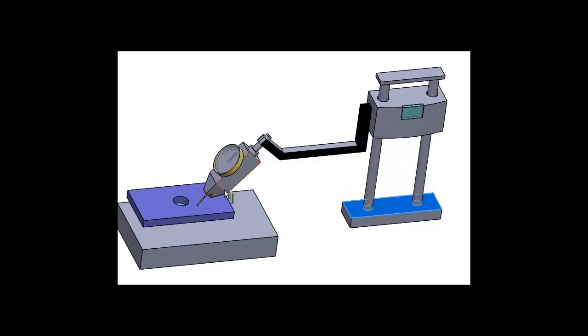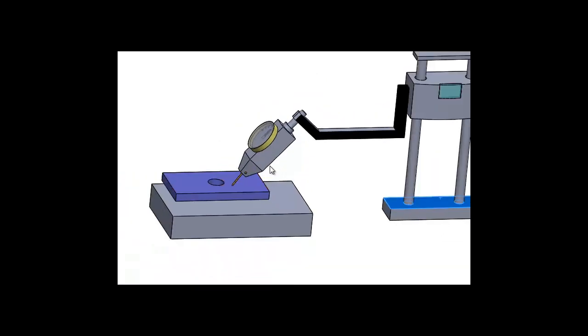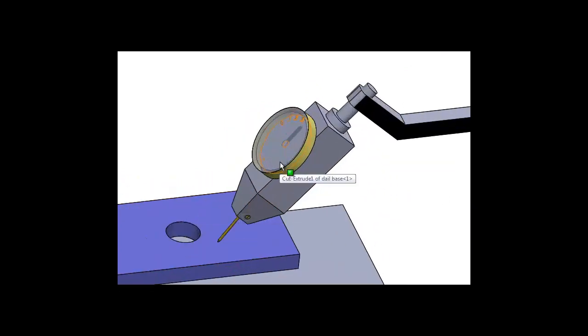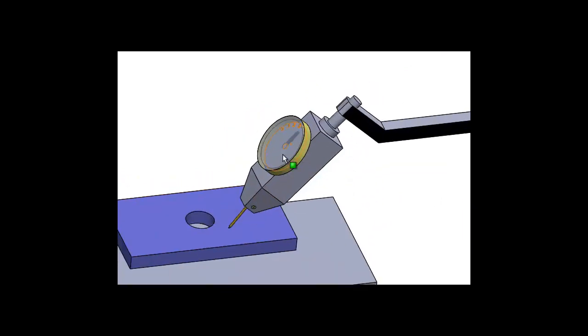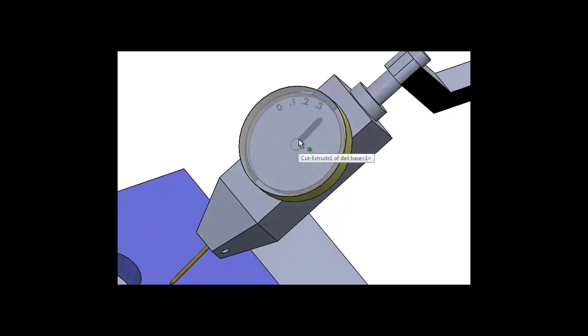In the height gauge you can see the needle. This needle will be touching the top face which needs to be inspected. And in the height gauge you can see the dial also. Since this is a flat surface, you cannot notice any change in the dial. If it is a rough surface, you can see the dial changing its value. This number I have given as input based on our tolerance. If it is exceeding the tolerance value, your part will get rejected in quality.